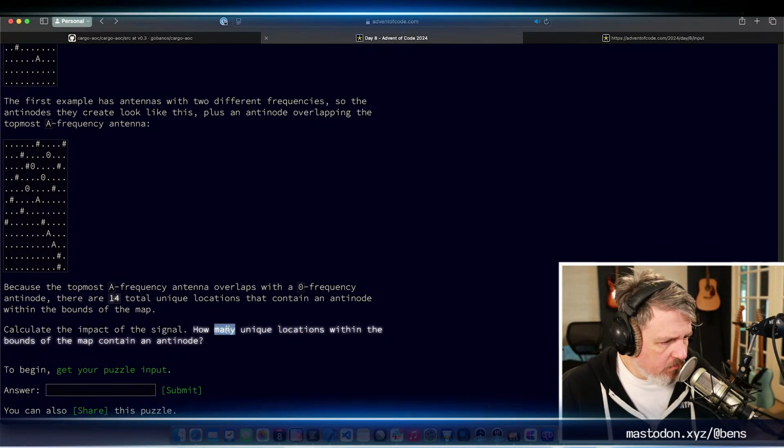Calculate the impact of the signal. How many unique locations within the bounds of the map contain an antinode?